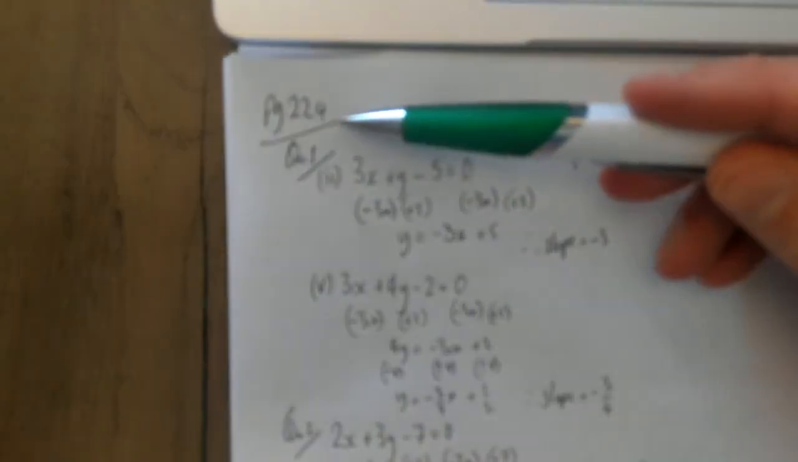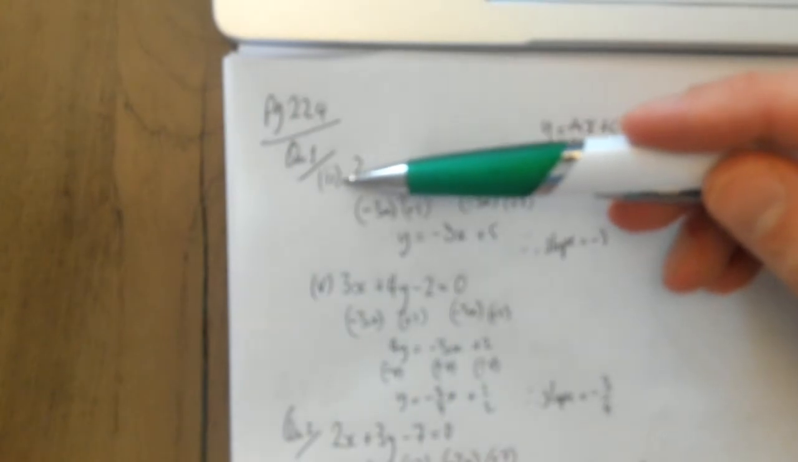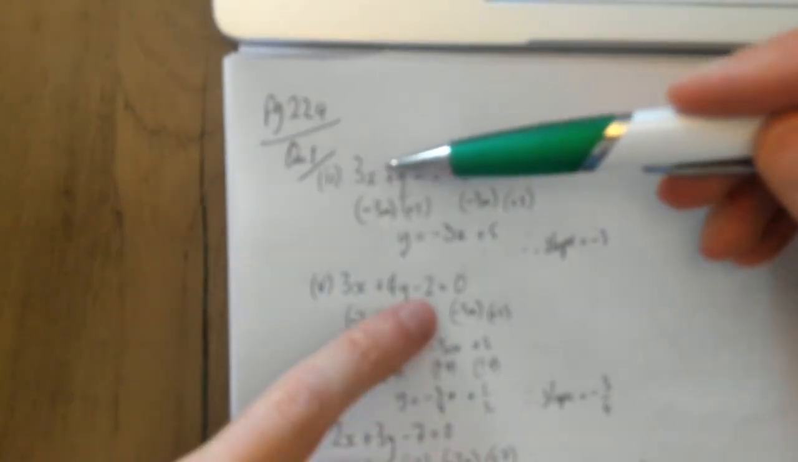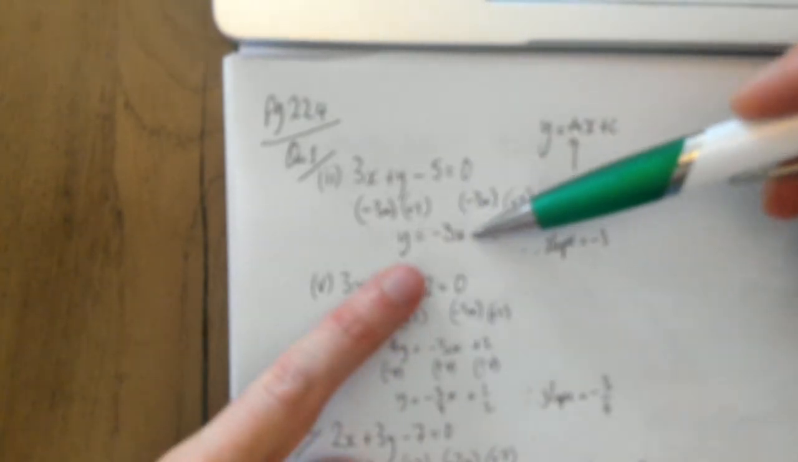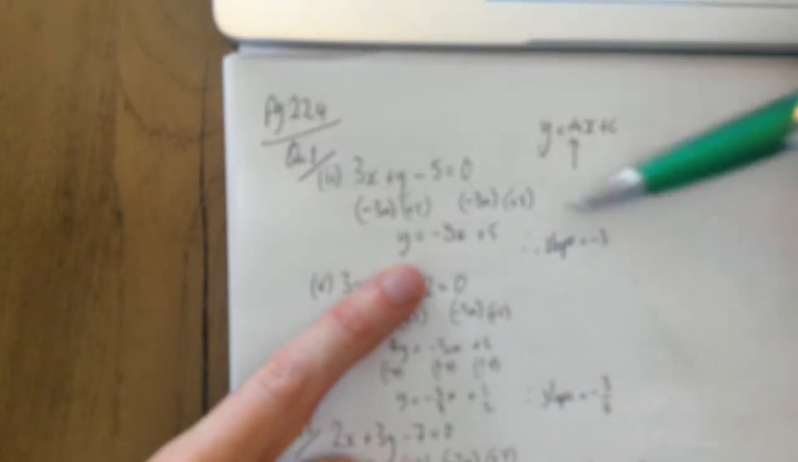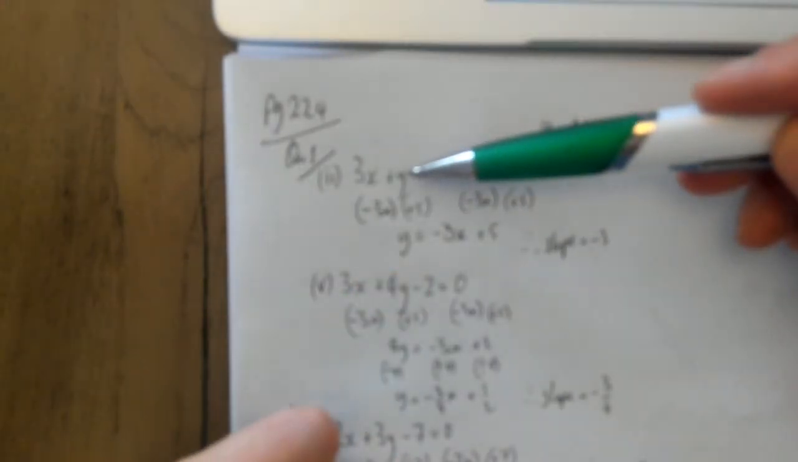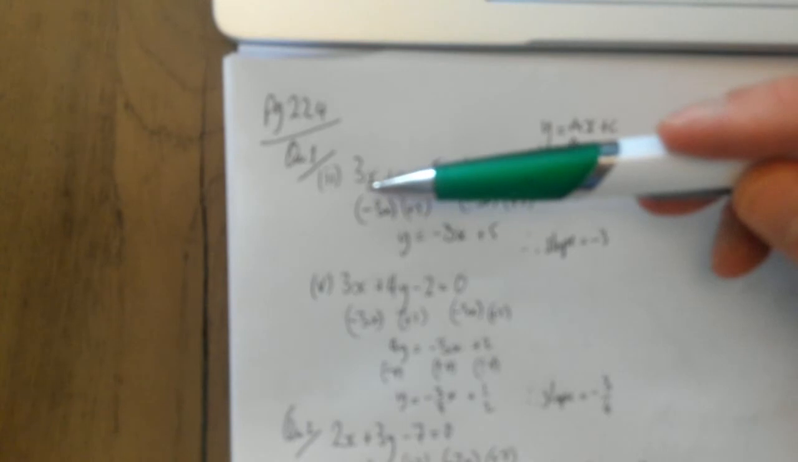So this is the homework again, page 224, question 1, part II. We had 3x plus y minus 5 equals 0, and they asked us to write it in the form y equals mx plus c to get the slope. So when we rearrange that,